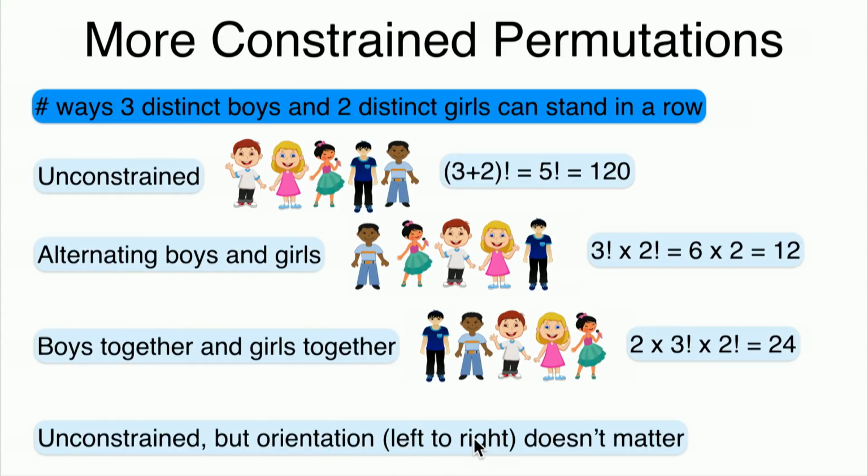Namely, if we have an arrangement where this boy is here on the left and so on, and we count it as the same as the arrangement where they're organized in the reverse way, then the number is going to be 120, or 5 factorial, divided by 2, which is 60. Right? Now, you can also arrange